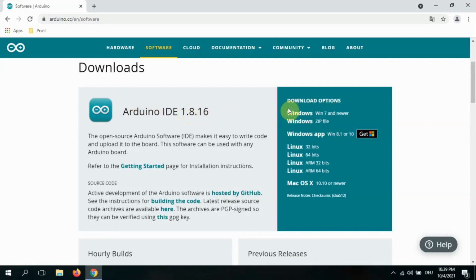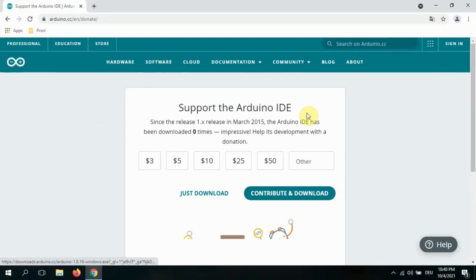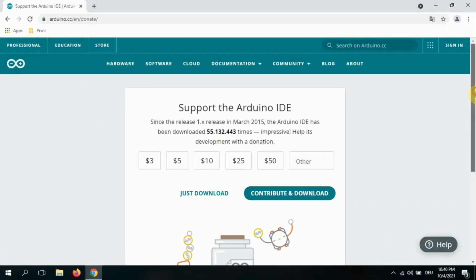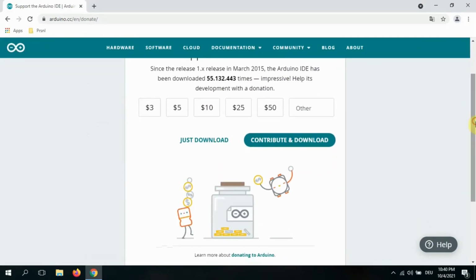And here we have the compatible operating systems. For example, if you are using Windows, then get one of those versions. If you are using Linux, then you have to get one of them. And if you are using Mac, then you can also get it from there. As I'm using Windows, I click over there, and then you jump over to this website.